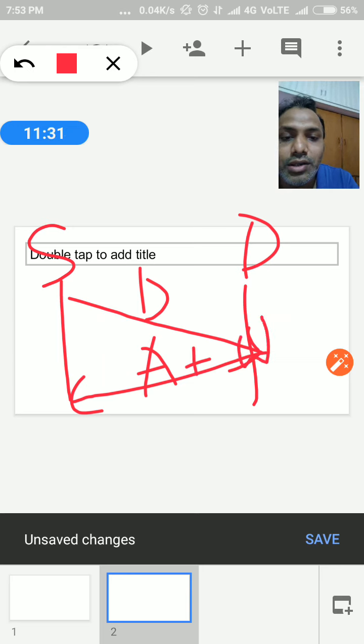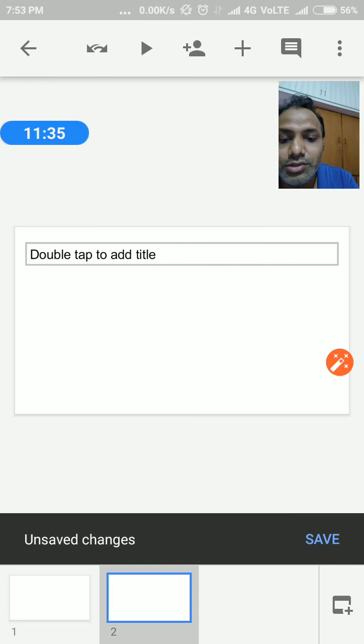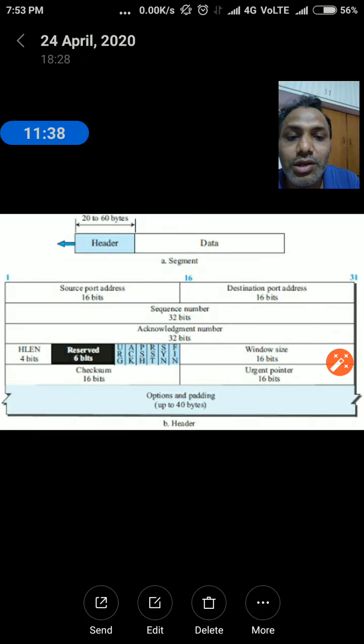That is the window size which is published there, and its size is 16 bits. The flags we saw earlier are 6 bits in size. Then the next field is 16 bits, which is the checksum.